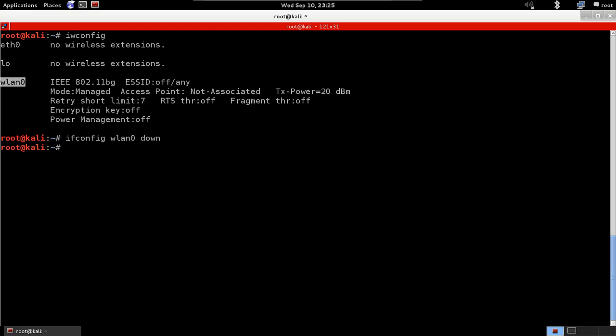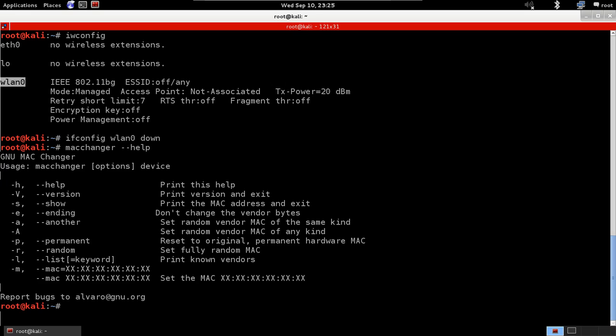Now we're going to change the MAC address. We're going to use a tool called MAC Changer. With these tools, it's always a good idea to look at the help. If you just run macchanger --help, we'll see all the options that we can use with this tool. You can use --help, and --version to show the version, and --show to show your current MAC address,